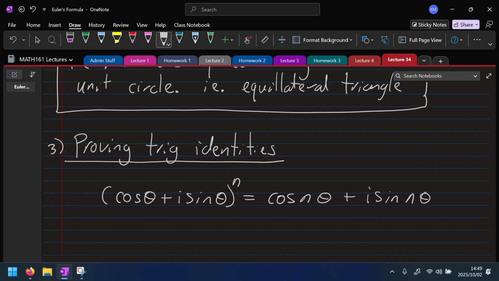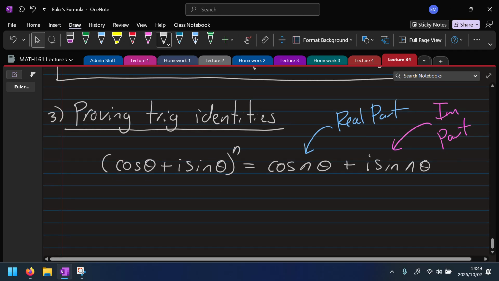Notice it's not nicely separated into the real part and the imaginary part. So here, this is the real part, and this is the imaginary part. Okay, so the right-hand side is separated nicely. The left-hand side is not. Okay, so the idea,